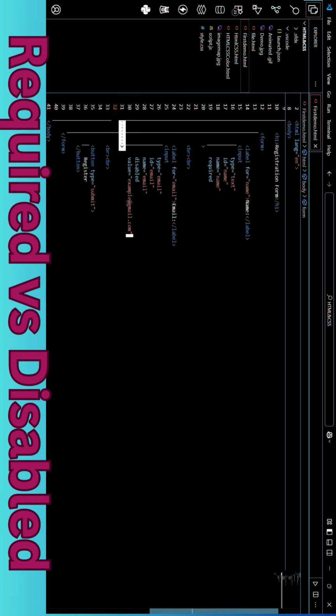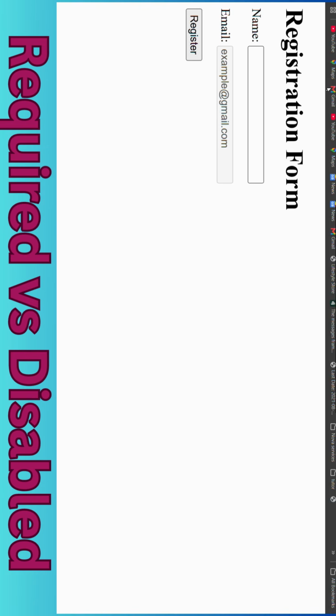So now let's look at the disabled one. Here is one line of the code: input type is equal to text disabled, right? You can see a disabled input cannot normally be edited or interacted with. It's basically telling the user this field is currently unavailable. For example, imagine an e-commerce checkout. The country is already selected based on the user's account. You might temporarily disable the field that the user should not modify.